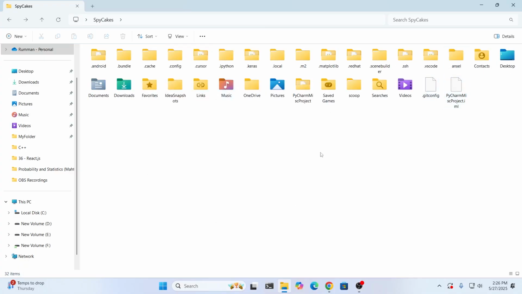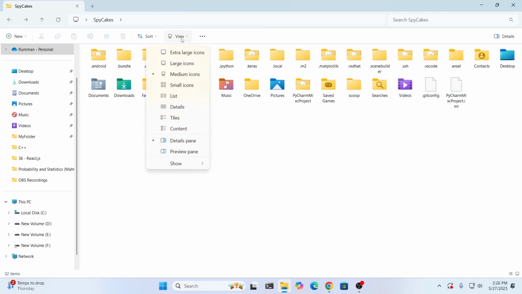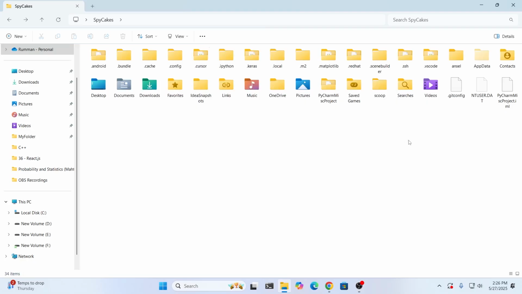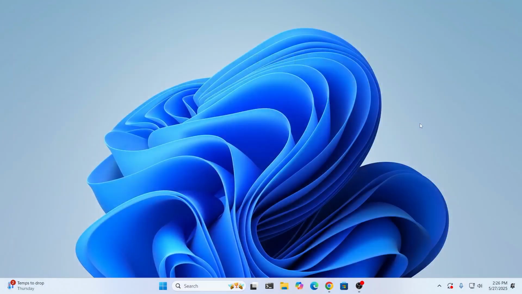But if I want to see the hidden items, I just click on view in my Explorer, then click on show and click on hidden items. Now this is a global setting. It will change your settings everywhere. Inside every folder, you can see hidden items now. There you go. Then just close this. And basically that is how to see hidden items on your Windows 11 laptop or desktop